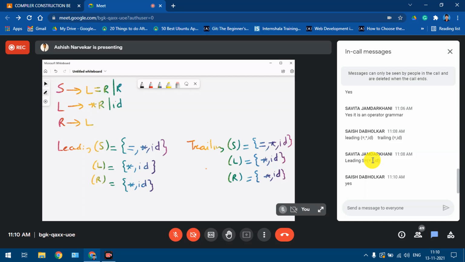So this is all about the operator precedence parser. We are winding up with the operator precedence parser with today's class. Basically, what is to be done is you need to check whether the grammar is an operator grammar or not. If not, we need to apply a basic technique of substitution. A basic technique of substitution will include substituting another production into the production which has some anomaly, like adjacent non-terminals, and convert it into an operator grammar.